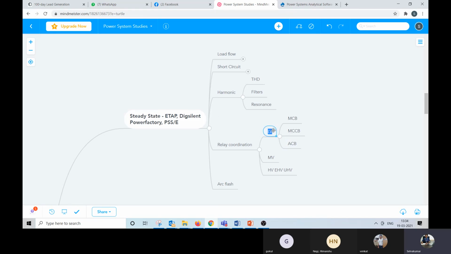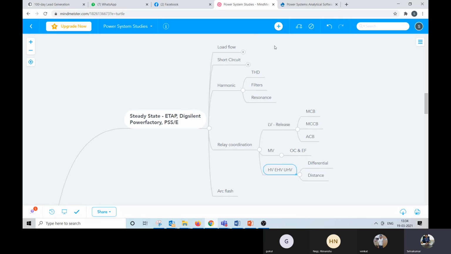So when we say it's an LV system, most likely we will be having a release, it's not the relay. And medium voltage, it is only overcurrent and earth fault protection, nothing else. When it comes to high voltage or extra high voltage, you have many things like differential, distance.